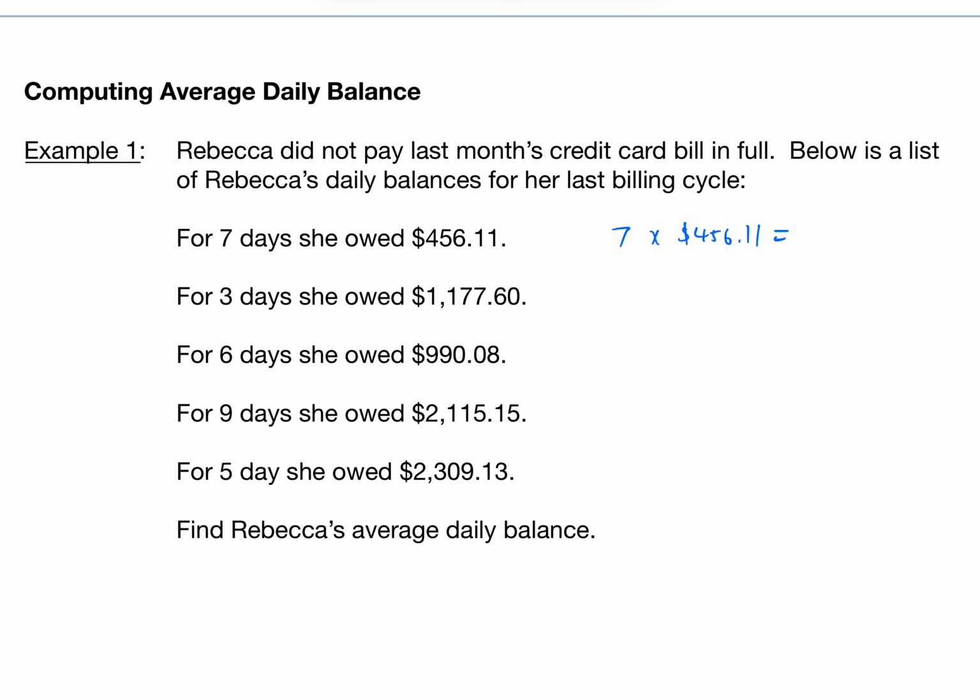$456.11, and that's going to equal $3,192.77. And then for 3 days, she owed $1,177.60. So we're going to write 3 times $1,177.60, and that's going to work out to $3,532.80. And then for 6 days, she owed $990.08. So we're going to write 6 times $990.08, and that works out to